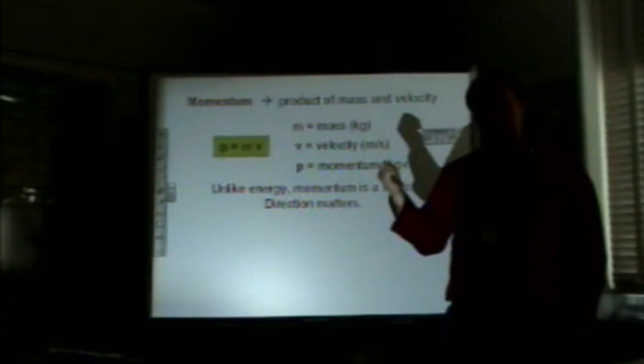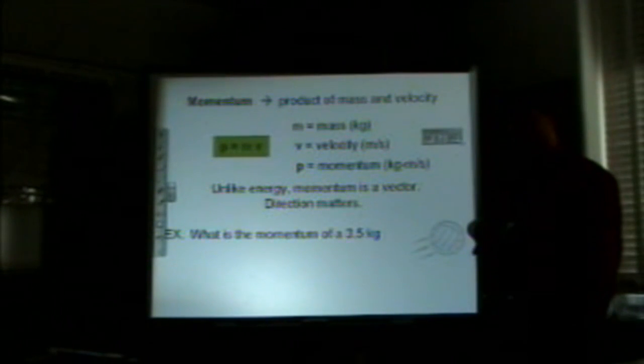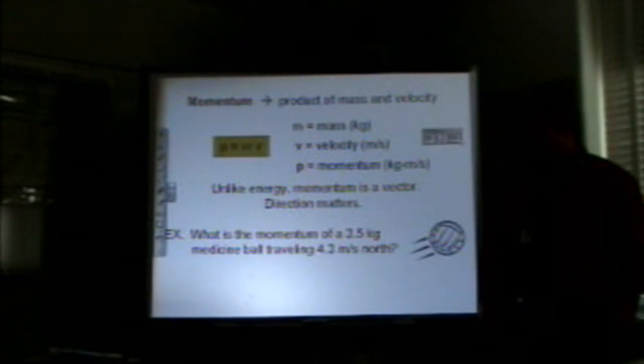Energy was a scalar quantity. Momentum is a vector quantity where direction matters. And because it's a vector quantity, we're going to be using trig functions to find the x and y components. First question: what is the momentum of a 3.5 kilogram medicine ball traveling 4.3 meters per second